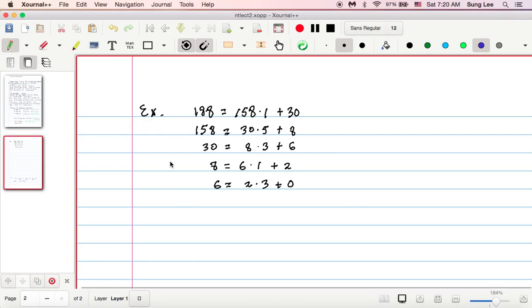So this is the example we talked about last time. I wrote them down. Using the division algorithm, we found the greatest common divisor of 188 and 158, which is 2. Now this time, using this and working backward, we are going to find